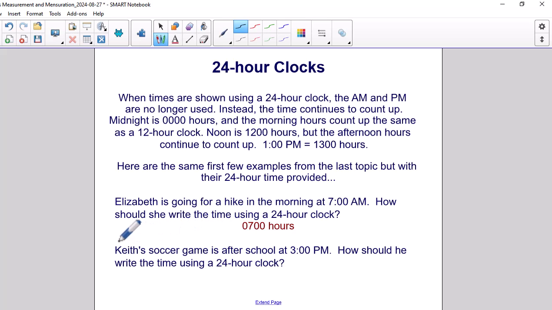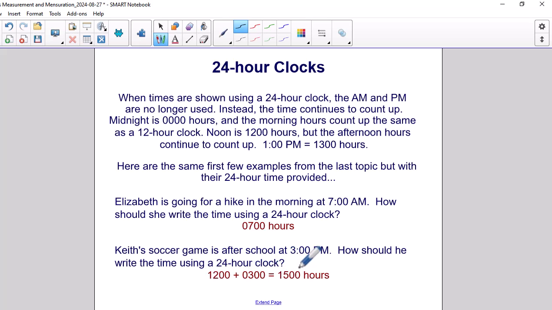Our next example, Keith's soccer game is after school at 3 o'clock p.m. How should he write the time using a 24-hour clock? He would write that as 1500 hours. He would take 12 o'clock noon plus add 3 hours for 3 o'clock in the afternoon to get a total